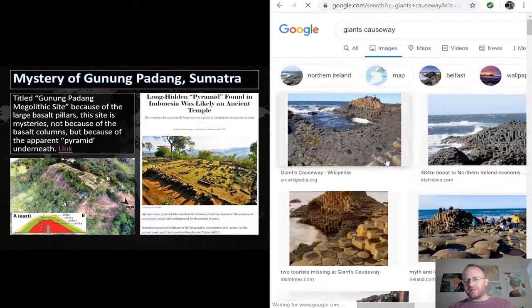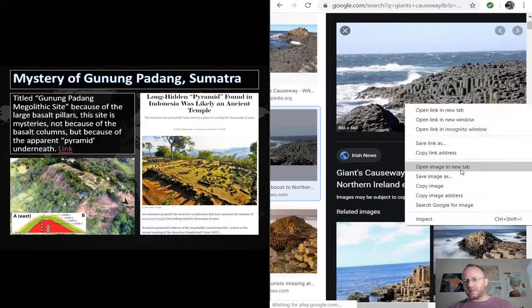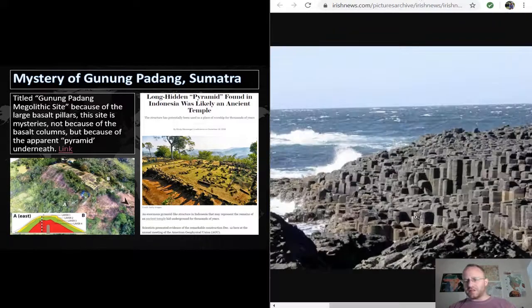People believed for years that this was man-made, but geologists further confirmed that this is actually a natural occurrence. There's also the Devil's Tower in the United States, but these columnar basalt pieces form naturally as